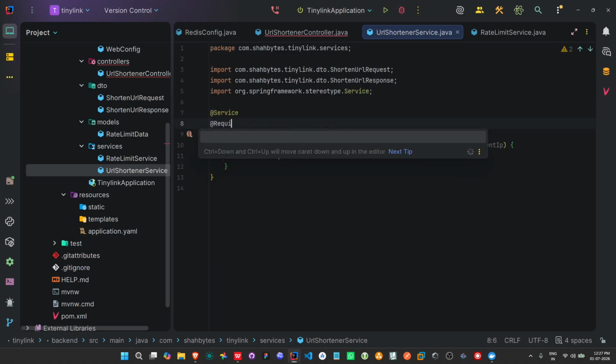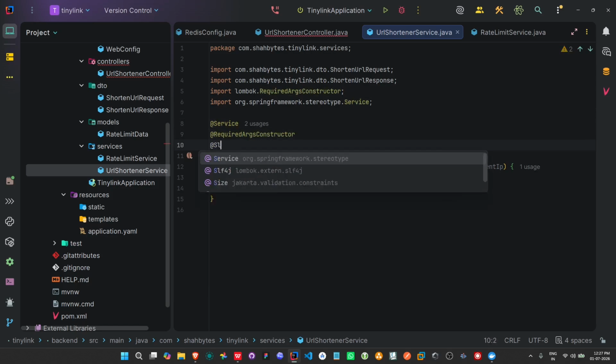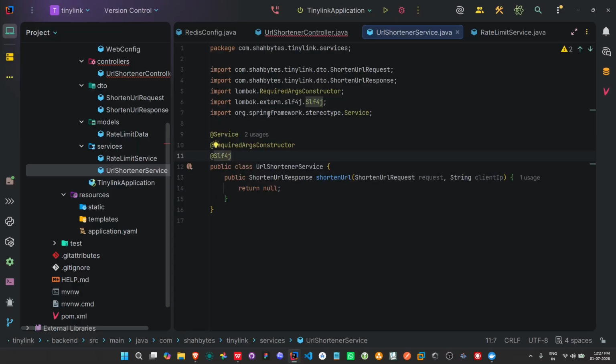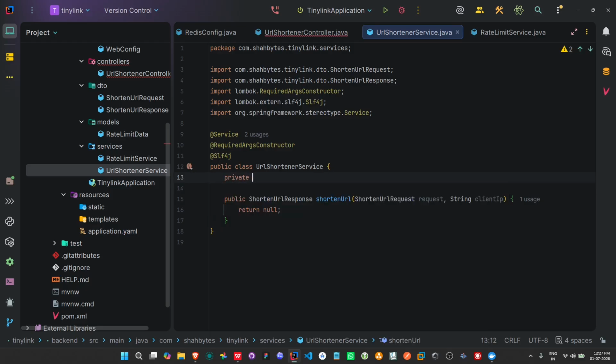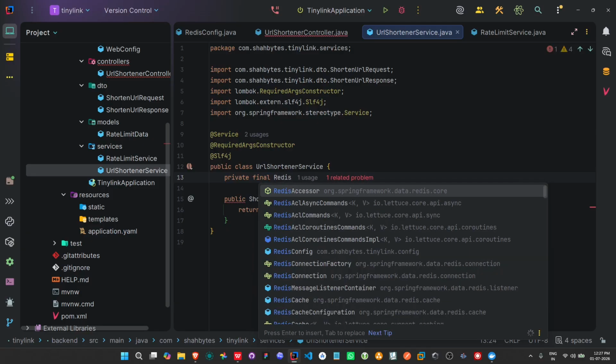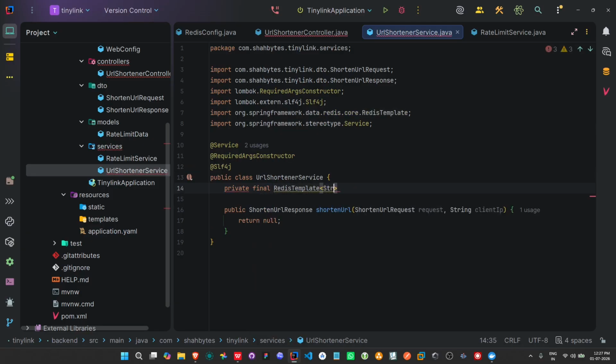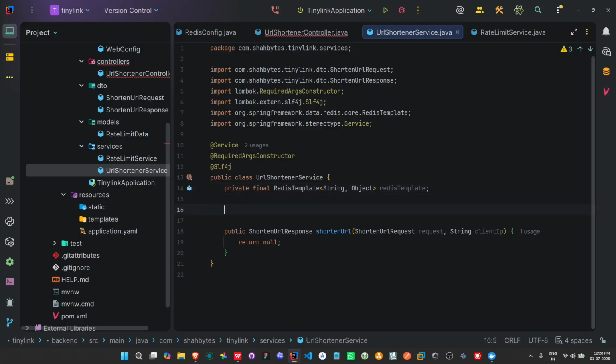Let's add a RequiredArgsConstructor and Slf4j for this. And we are going to use RedisTemplate again. So let's inject that: private final RedisTemplate String, Object redisTemplate. Fine. And then we also need two mappings, one for our URL mappings and one for our click analytics. So take it as tables in the database,